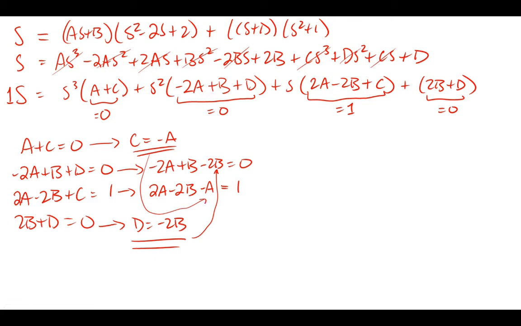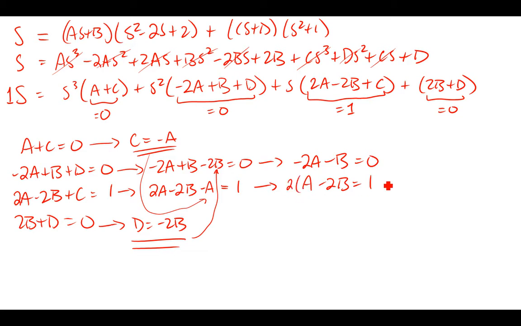Okay, now the good news is that these two that are left now are both just A's and B's. So I'll be able to get an answer momentarily. So this one turns into negative 2A minus B equals 0. And the second one turns into, let's see, I got A minus 2B equals 1. All right, and now I'm down to a more familiar problem that I can solve via our usual, or whatever